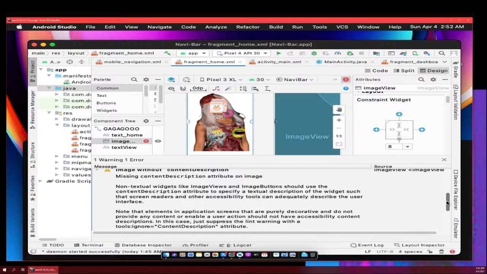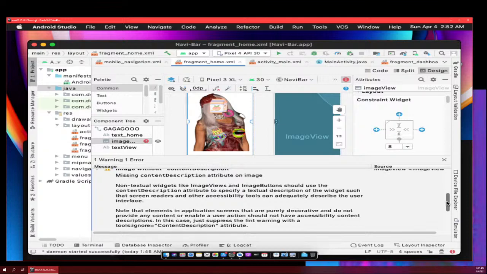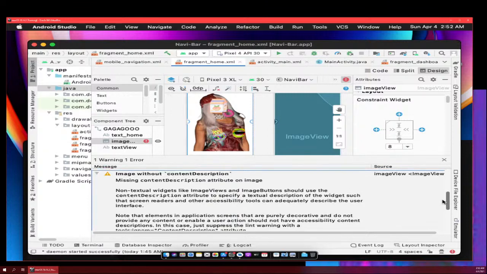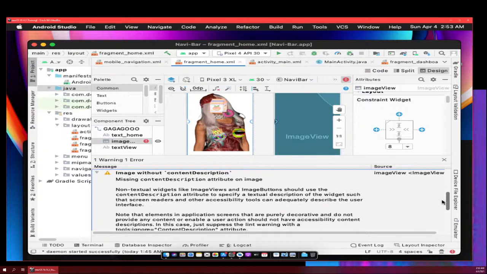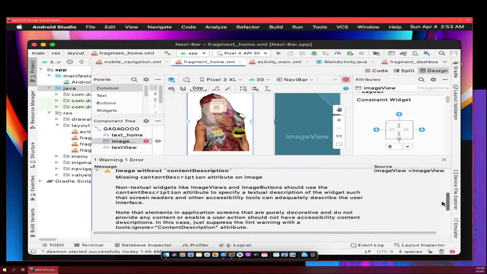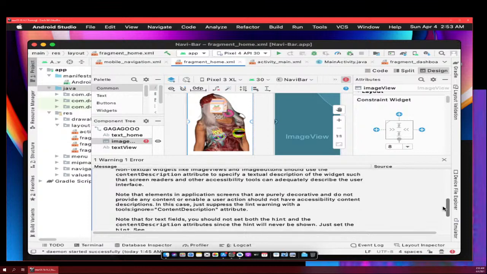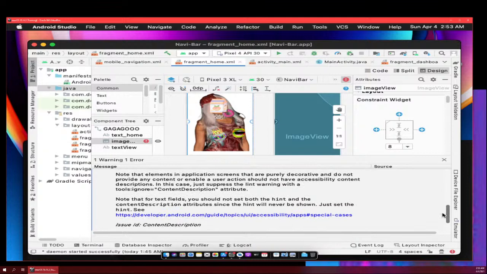I know. Okay, so content description attribute on image. Note that elements in application screens that are purely decorative and do not provide any content or enable user action should not have accessibility content descriptions. In this case, just suppress the lint warning with a tools:ignore equals contentDescription attribute. Note that for text fields, you should not set both the